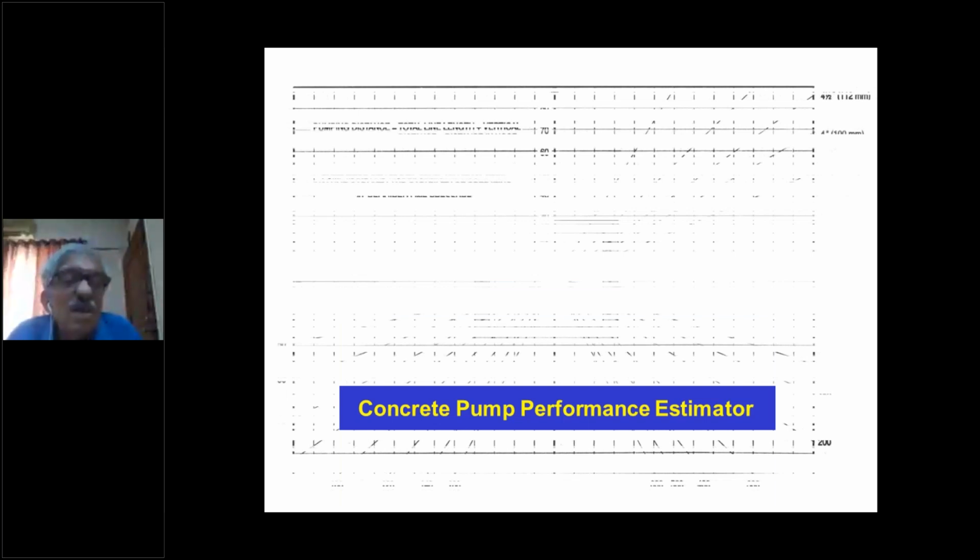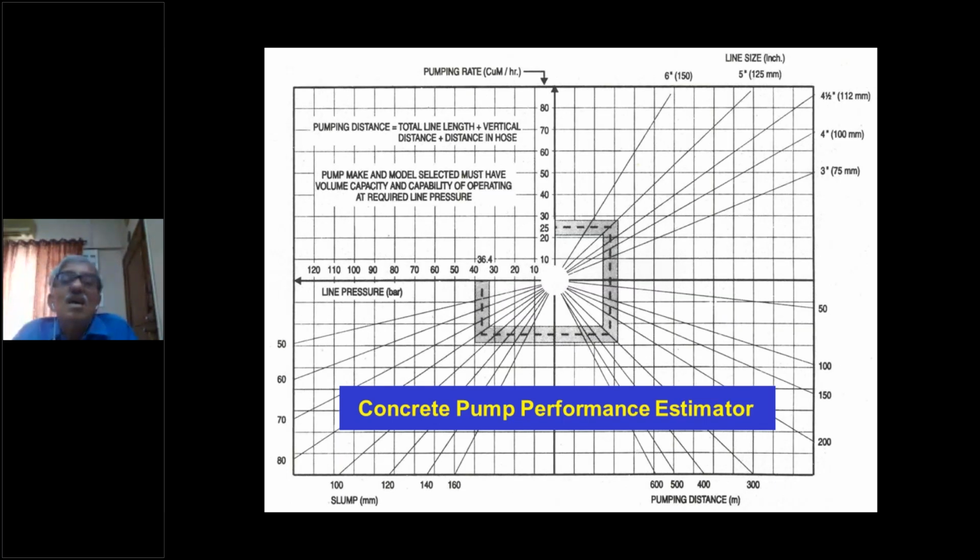This is a pump concrete performance estimator. The first quadrant which you see here is the line size, the diameter of the pipe, because line size also controls various other parameters. And suppose you are fixing your pumping rate, say you want to pump at 25 cubic meters per hour and you have a 5-inch pipe. Generally 5-inch pipes are used in India, but some of the times